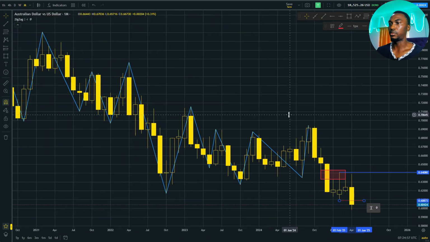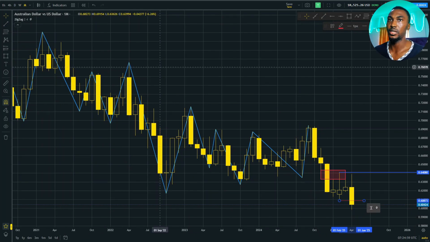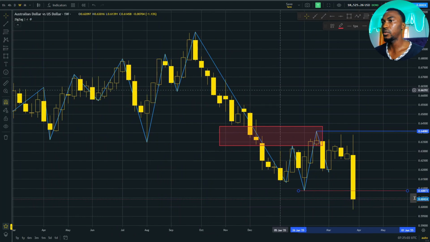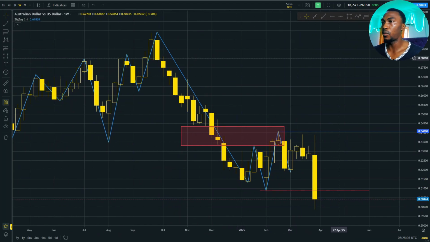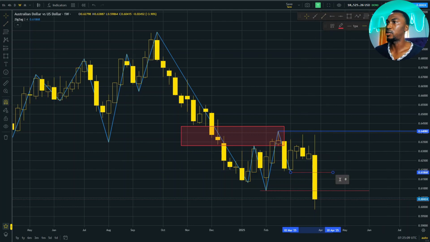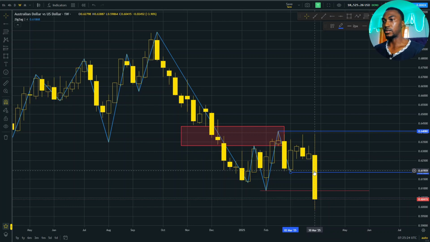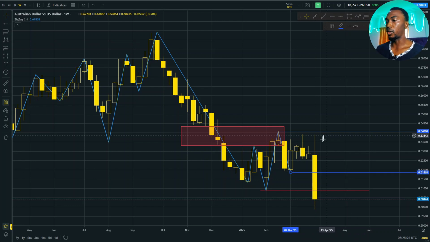And right now, all we need right here is new context. We can now look for new context on the weekly and the daily. On the weekly, we need the entire week to come, do whatever it does. I am suspecting price will not make its way up to this level, which is 0.61868. So I'm expecting that price doesn't make its way all the way up here, but if it does, then